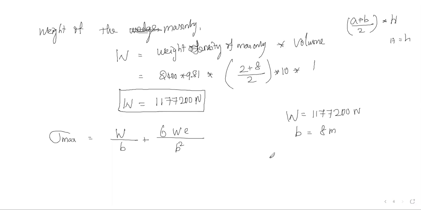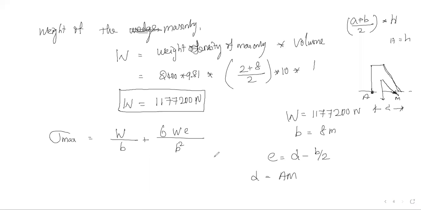And E is nothing but D minus B by 2, whereas D is equal to AM distance. So that we have discussed earlier itself, while discussing the trapezoidal dam. So it is going to act here where the angle of repose resultant is going to meet. That point is nothing but M. So the distance from point A to M is nothing but the distance D. So that we are going to calculate now.